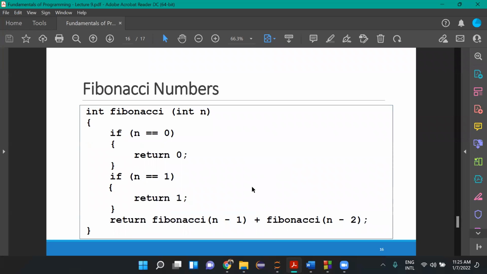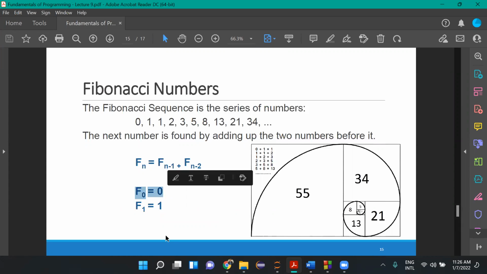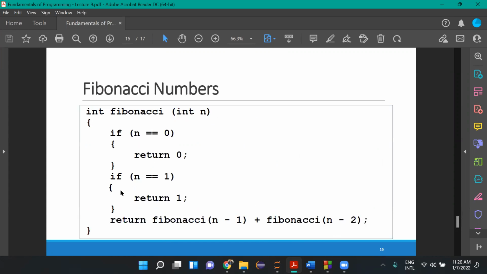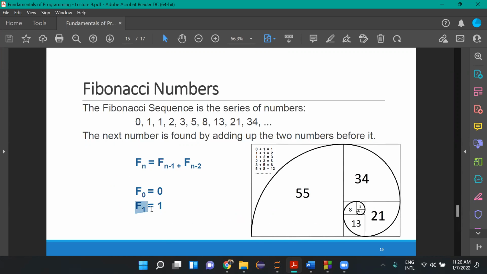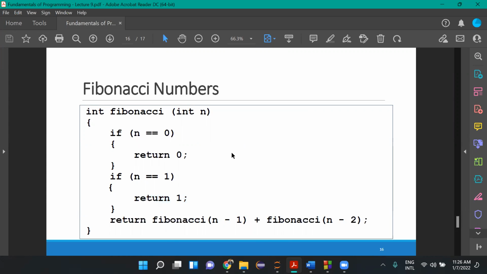Here, so this is the example. If n is 0, we can return 0. If n is 1, we can return 1, because of this. Right? Then, if both of these do not happen, if this is no, then finally we return